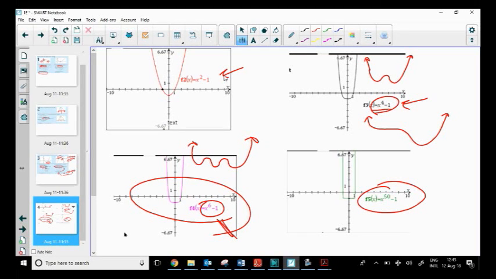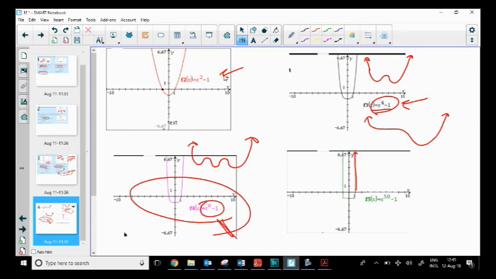And the other thing I wanted to say was, why does it get flattened out like that? Well, let's think about what happens to a number when we raise it to the power of 50. If I choose a number that's bigger than 1 and I raise it to the power of 50, it's going to get huge really, really fast. So the reason that this looks like it's a vertical line, it's not. It's just that when I take the number